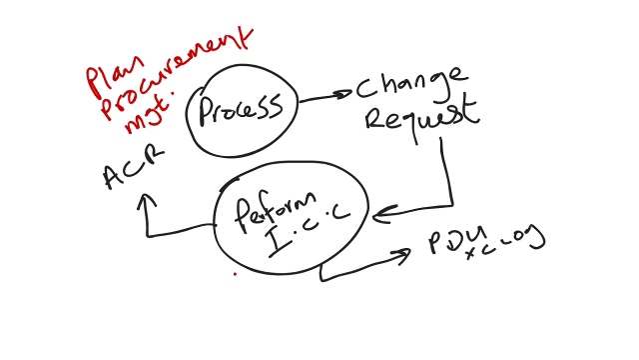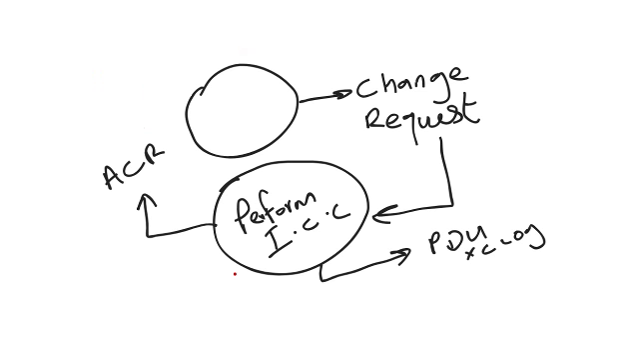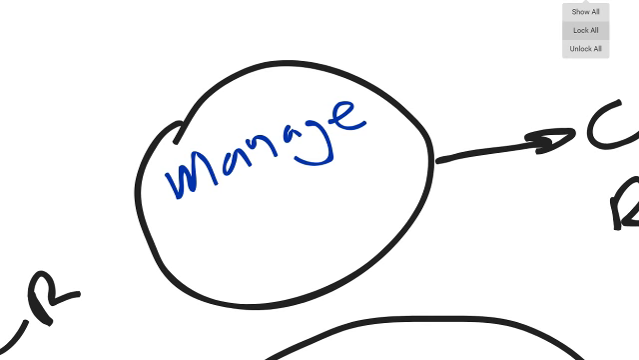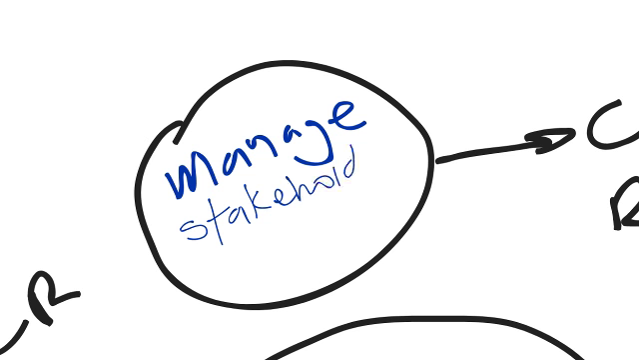So what I'm going to do right here is take this out where I have process, get rid of plan procurement management. You already know what I meant there. And let's replace that box with manage stakeholder engagement. So if we make manage stakeholder engagement our focus here,